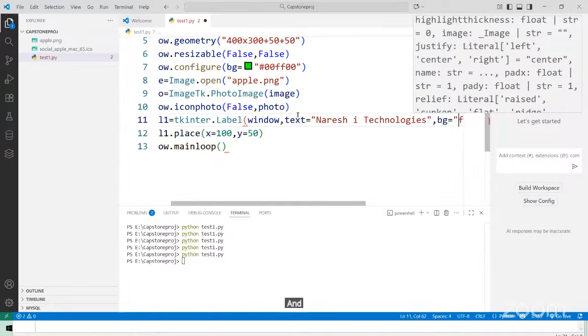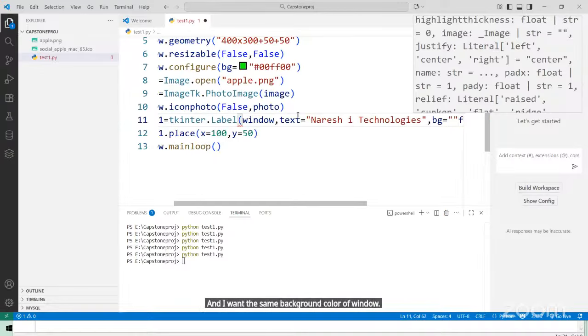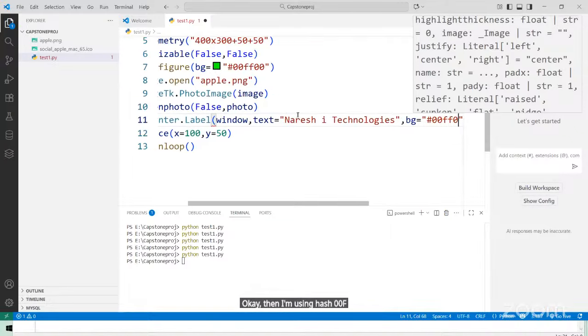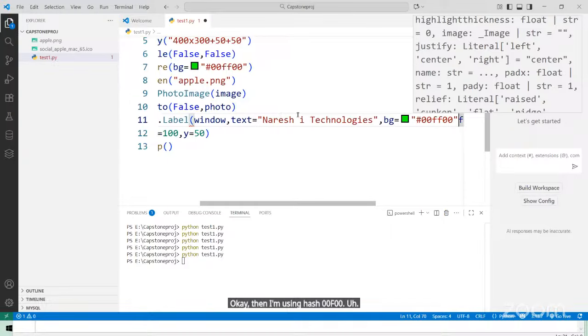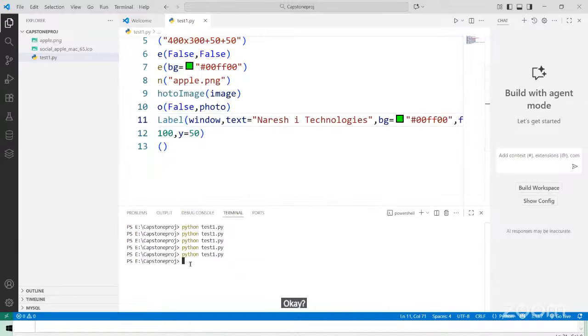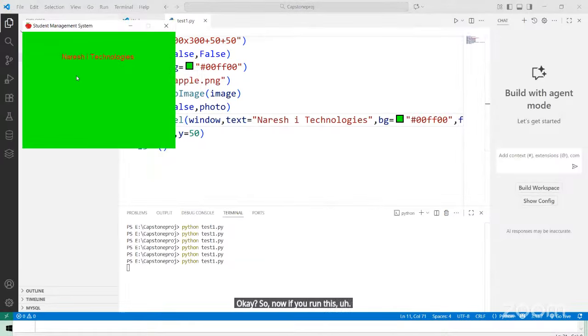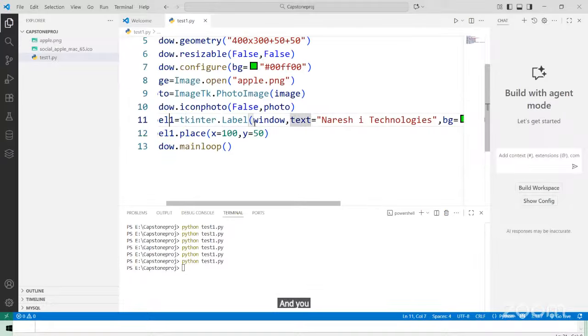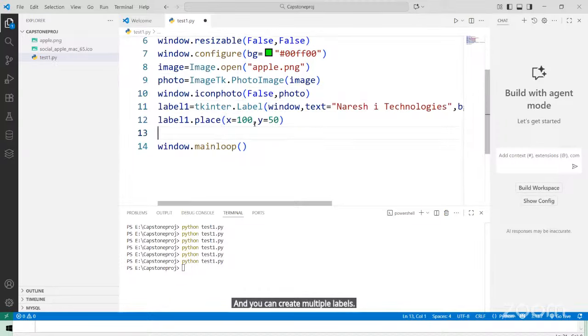I want the same background color as the window. Then I'm using hash 00FF00. Now this is the same background color as the window. So now if you run this, you can see Naresh Technologies. Clear? So this is how you create a label, and you can create multiple labels,